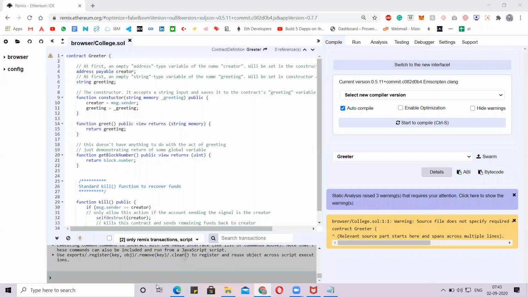Yeah. So I hope everyone has copied that Greeter.sol, and we are in the Remix IDE now. Now see what the structure of the smart contract is, what the functions are, what the address is, what payable is, and everything.